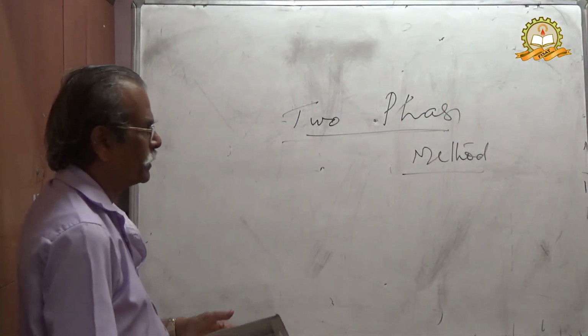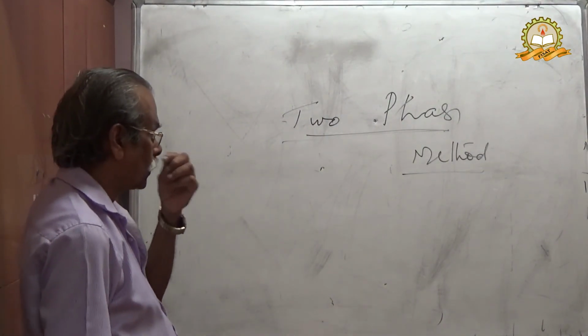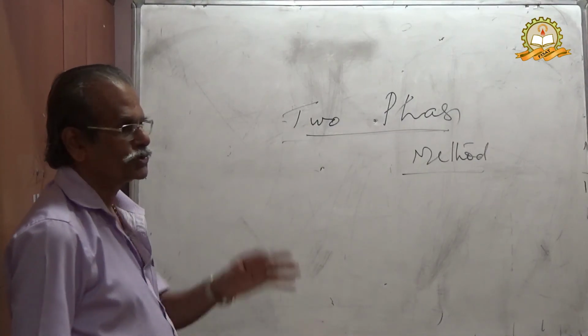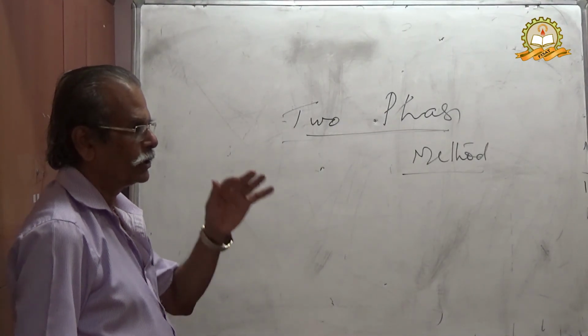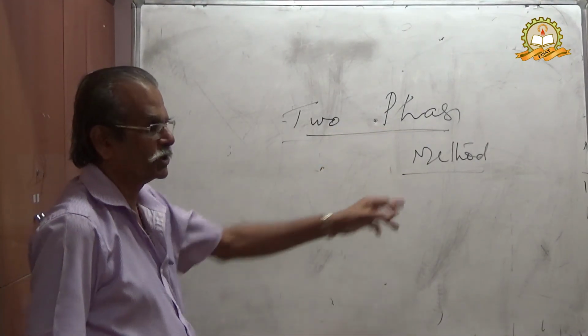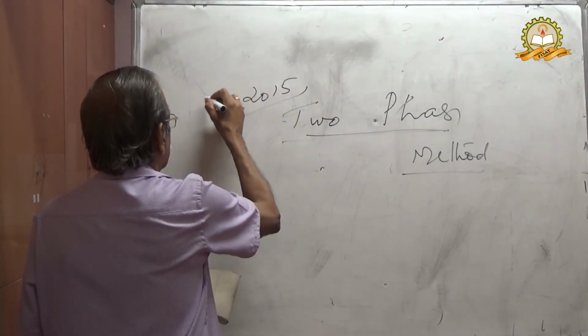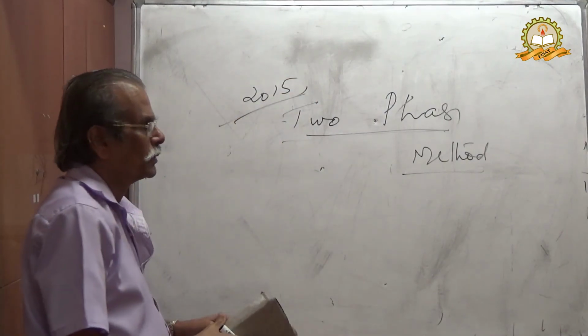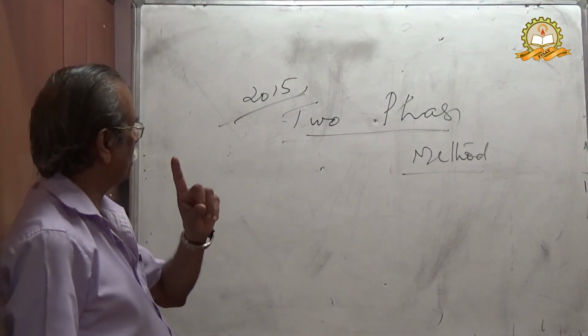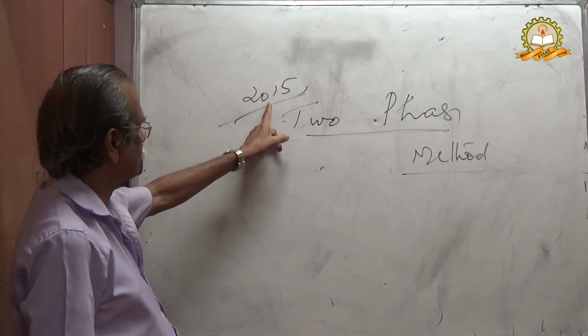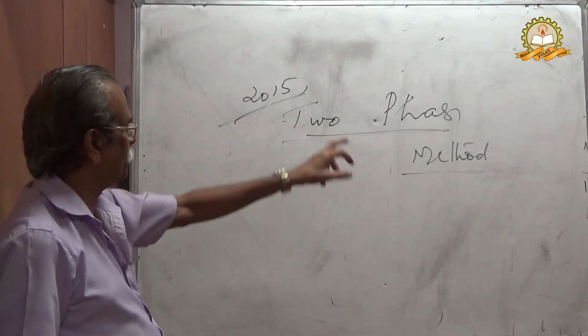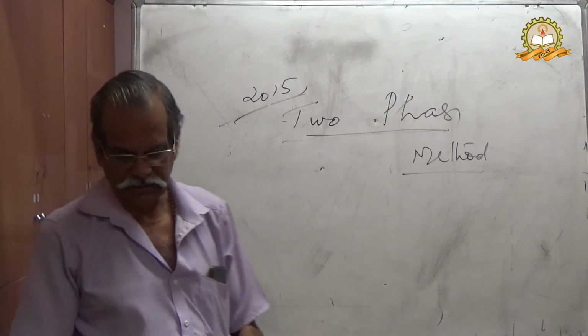It's a simple type. Normally, only 1 year they have asked, solve an LPP using the two-phase method. And this has come in MBA 2005, solve the following LPP using the two-phase method. That we will do later.